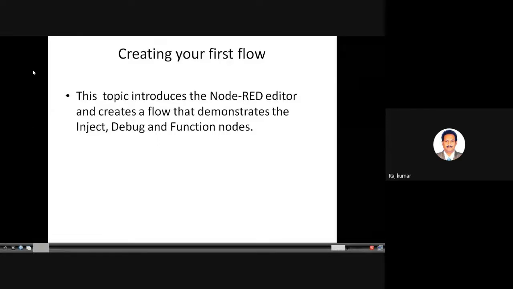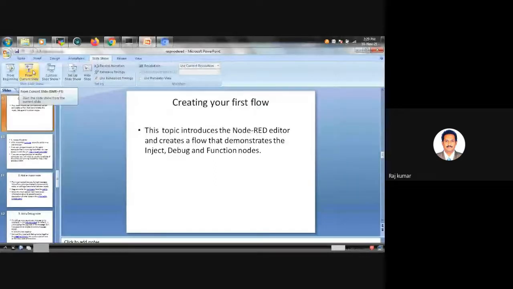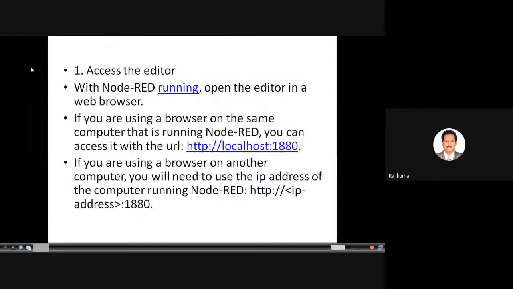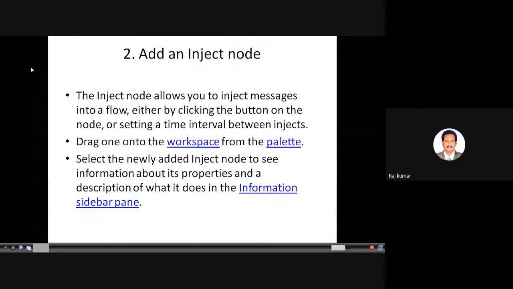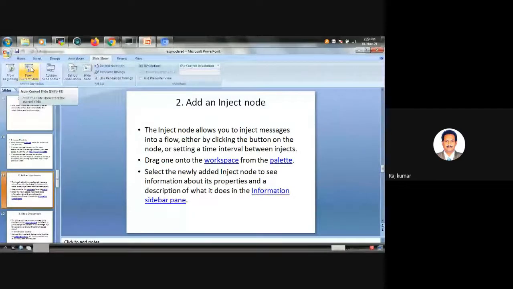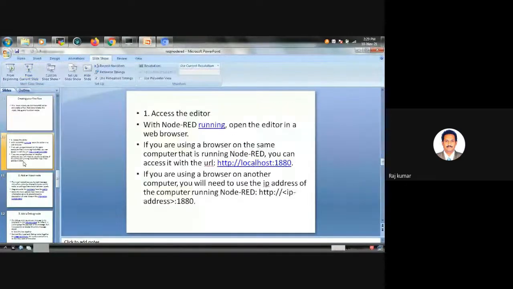Already, Sarah has completed these three nodes in the morning session, but with context to Raspberry Pi, we'll be seeing some of the flows like this. So here, the first thing is we have to access the editor.